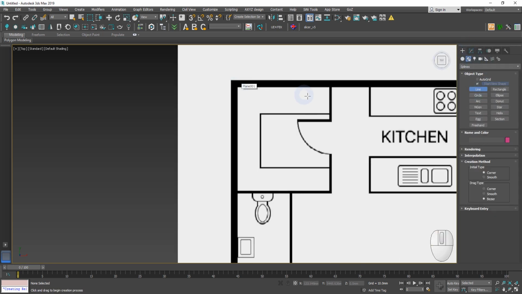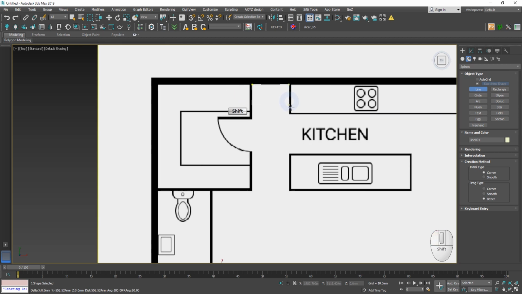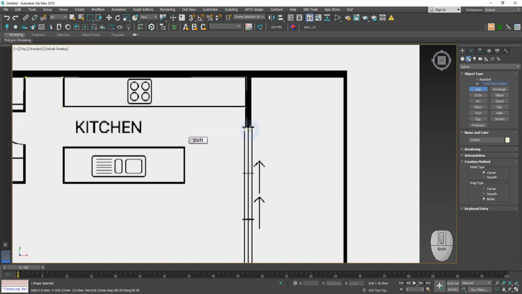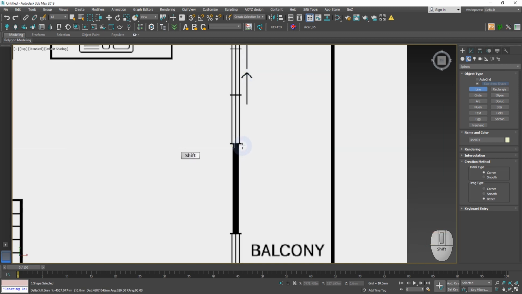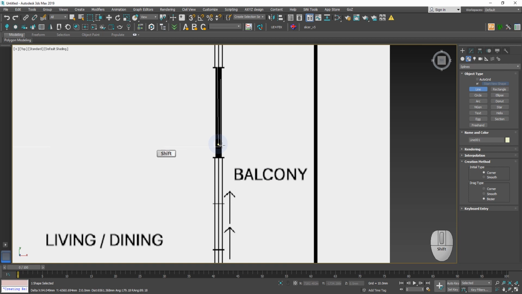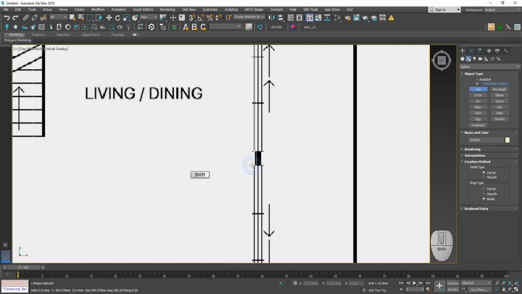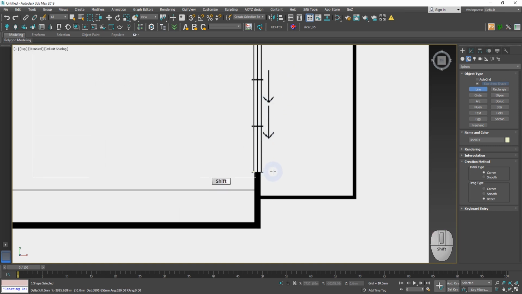Choose lines and outline the interior of the walls, the inside line of the walls, considering doorways and corners. We should put notes in the areas with corners.